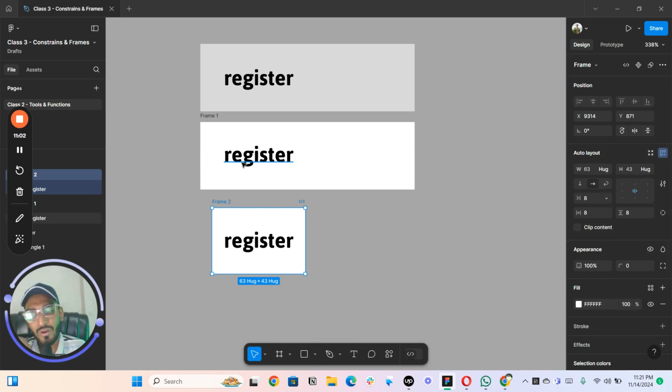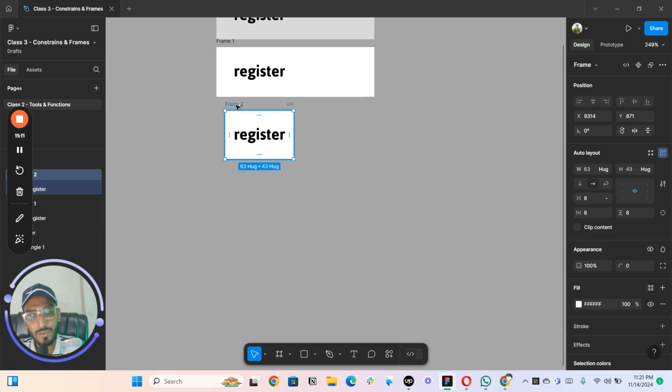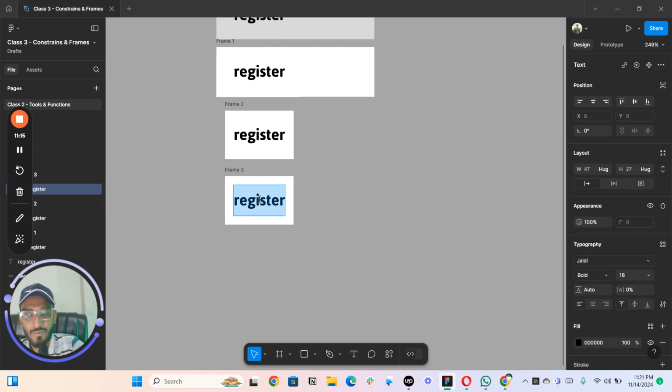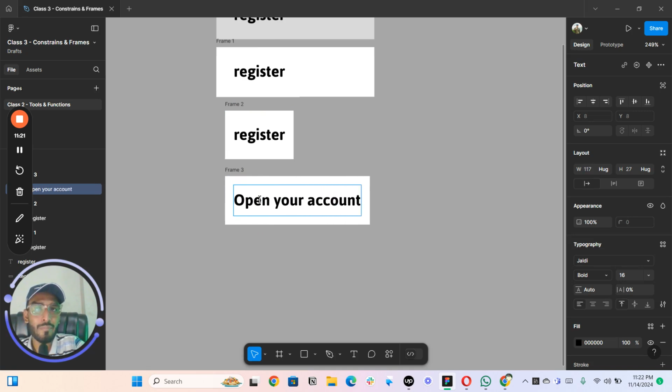So we got an idea that with auto layout, one thing is that it adjusts with our text, right? So in case I don't want to use the word register, we want to use the words open your account, then obviously I don't need to be worried about the background itself, because it is going to behave with the text I am